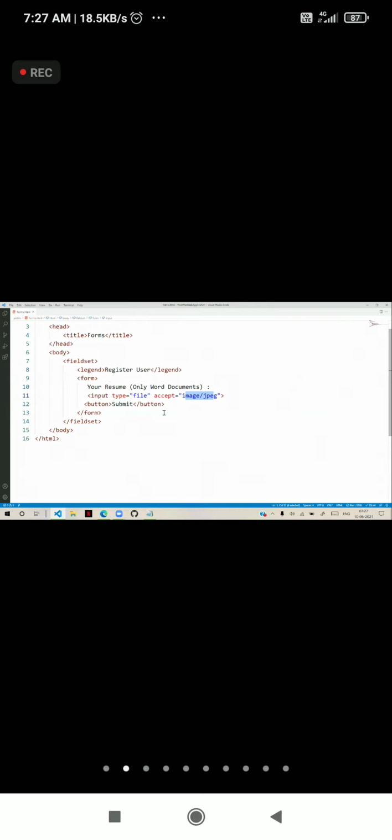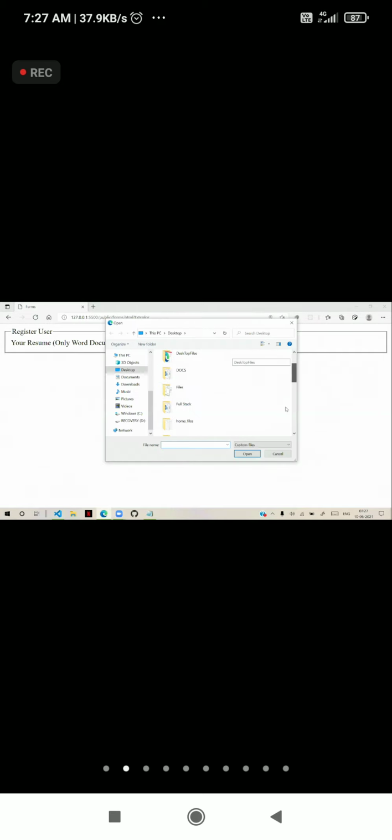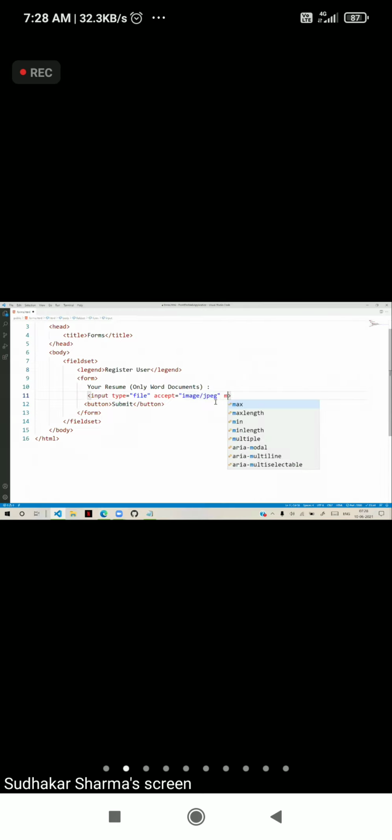So you can restrict. One more point is that currently it allows selecting only one file. I am using the control key and selecting another file, and it's not allowing. Only one file is allowed. To allow multiple files, you have to use multiple as an attribute.